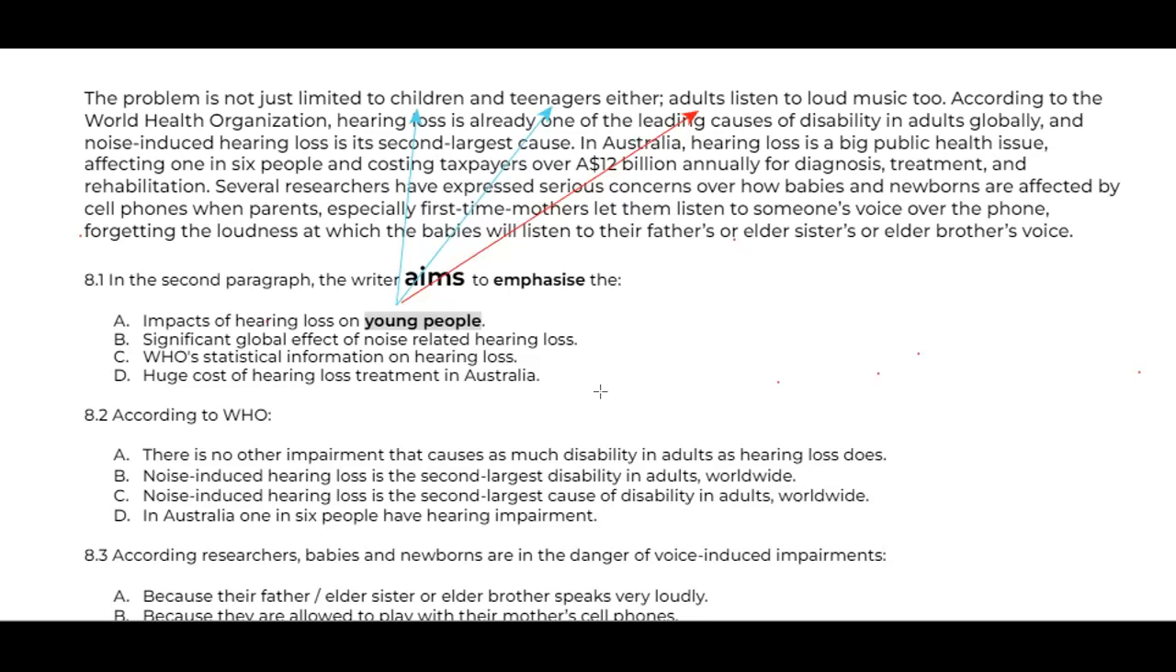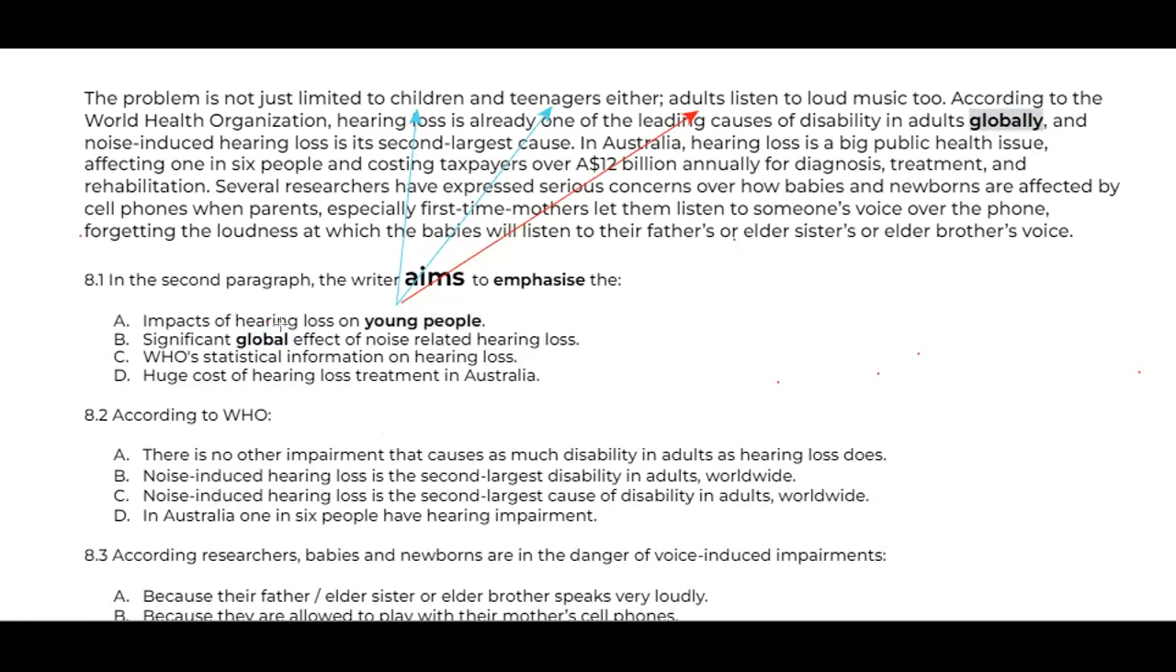Looking at the second one, B, significant global effect on noise-related hearing loss. Significant global effect. Where do you find global things here? Can you find global things? There is global here. Okay, I agree with you. The word globally is here. No doubt. Okay, I have no objection with that. But the problem is